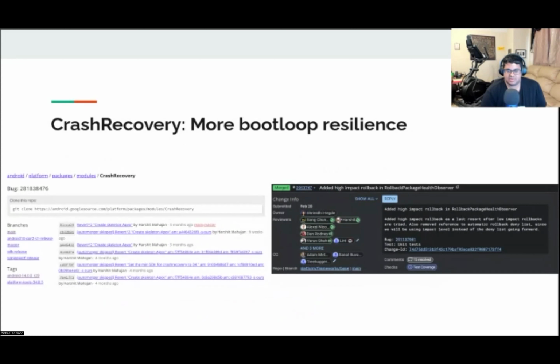Another new module is called Crash Recovery, and this will contain all the APIs related to Android's Rescue Party feature that was introduced all the way back in 8.0 Oreo that helps users recover from potential boot loops. Rescue Party detects when core system components like system server or a persistent system app repeatedly crash in a short period and then takes different actions, such as clearing changes to settings tables or the device config table to see if the device can be recovered. If not, then the final step is to prompt the user to factory reset their device.